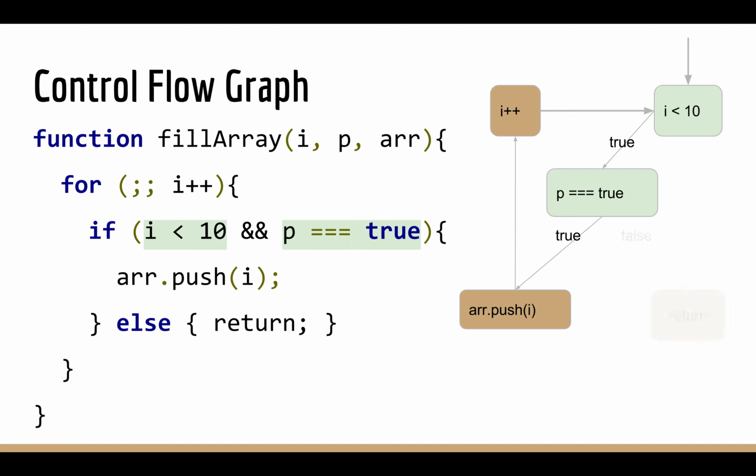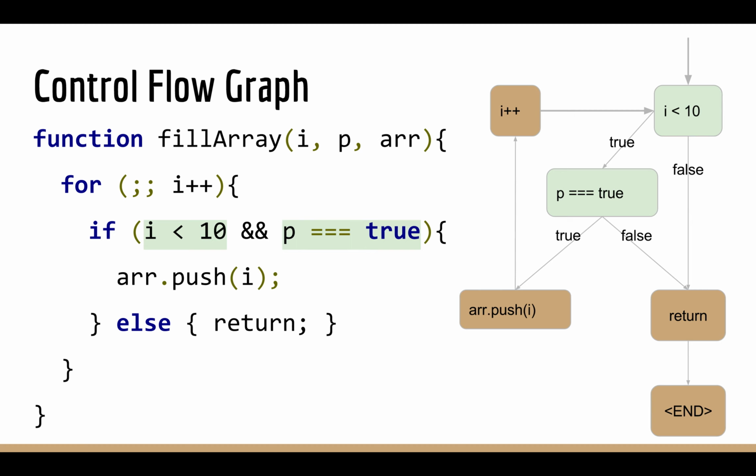But there are other branches. For instance, what happens when p strictly equals to true is false? Well, in that case, we go to else. Else contains a return. So we go to the end. We finish the execution of the function. And there is one extra branch that we must not forget, and that the control flow graph models, is this one. So the shortcut. When i smaller than 10 is false, well, we don't evaluate anything else. We directly go to the else branch and we return. Okay. So once you have built this kind of graph, you can